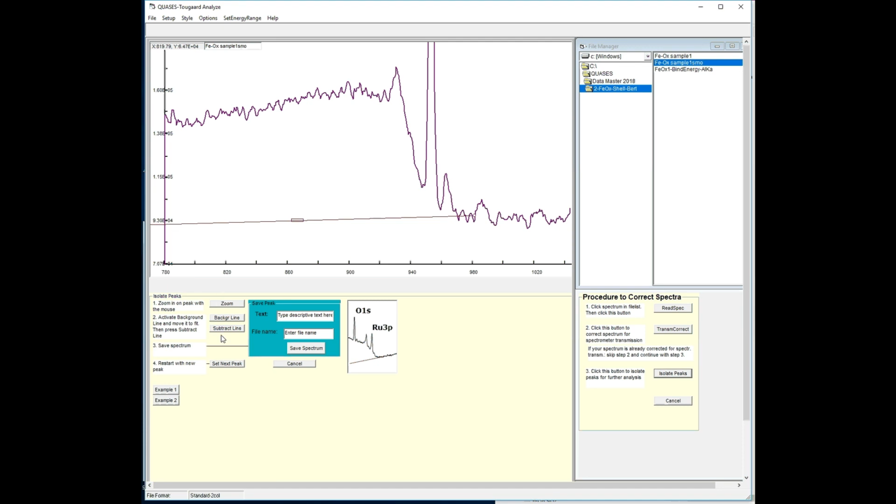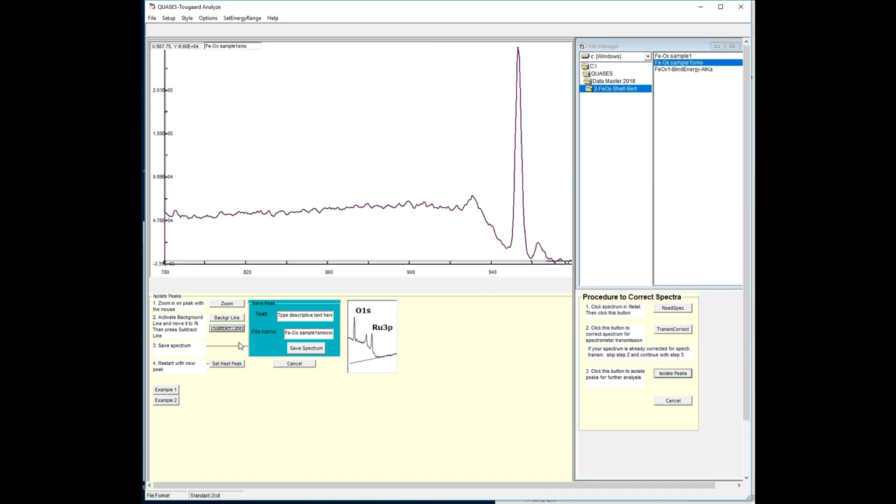And when I hit subtract line, it will cut the spectrum here at this point, and it will cut the spectrum either here or at the end of this line. So in this case, it will cut it here. So I do that, and this is now the oxygen 1s peak. So I call this one oxygen 1s, hit save spectrum, and now we have the file up here. Next peak, click here, set next peak,